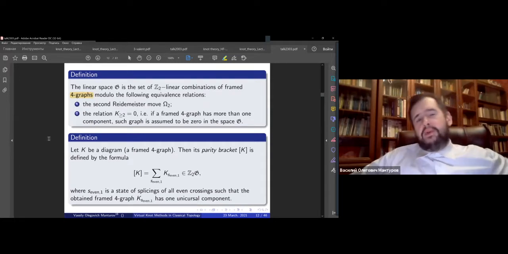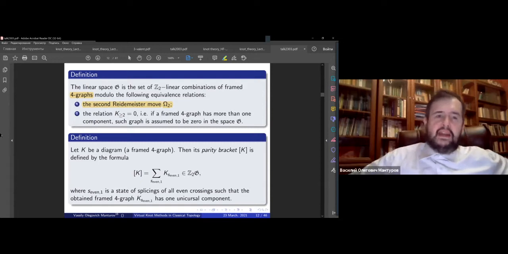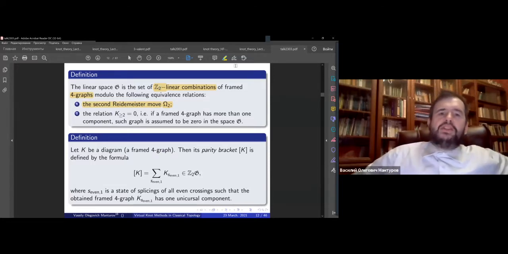Actually, I can't do without any moves at all, but I will just stay with the second Reidemeister move. So graphs will be modulo second Reidemeister moves. And actually, well, I don't want to distinguish between signs. I can do it, and it's written many times. So I can get the Kauffman bracket, and I can even get Khovanov homology with new gradings being pictures. But I just consider this form a linear space. And here is the definition of my bracket.